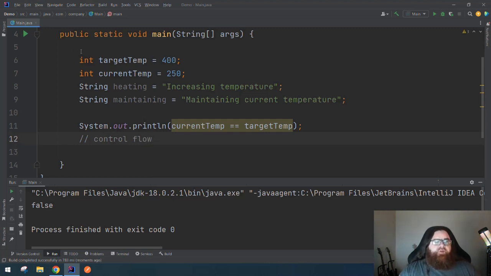We said that Java is executed top down. Here, line 6 is executed before line 7 is executed. Control flow: there are several different tools in our tool belt for control flow, and that's going to help us change potentially the direction of the program based on some decision that we take. So what I'd like to do now is build a basic logic for what an oven might do to